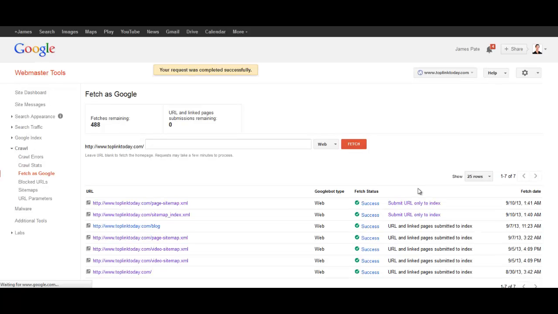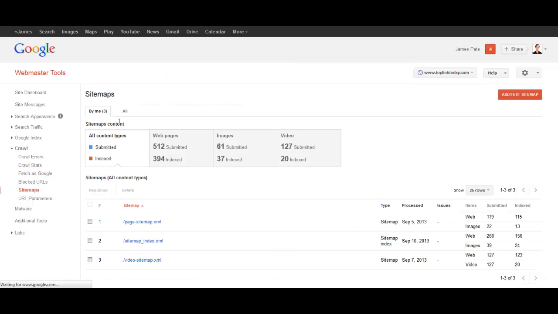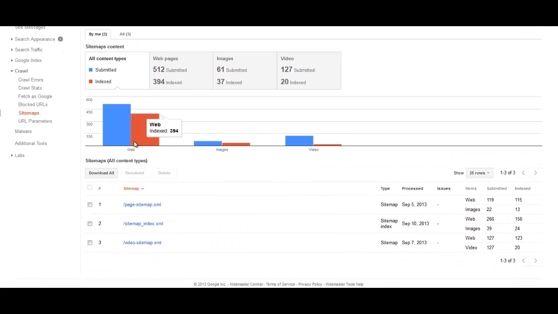you can click Submit URL to index, and this is where Google will index it for you pretty much instantly. And for me, I don't have any left, but you can click this and click Submit this and all linked pages, and you want to check that. And the other thing you're going to want to do is go into Sitemaps, and